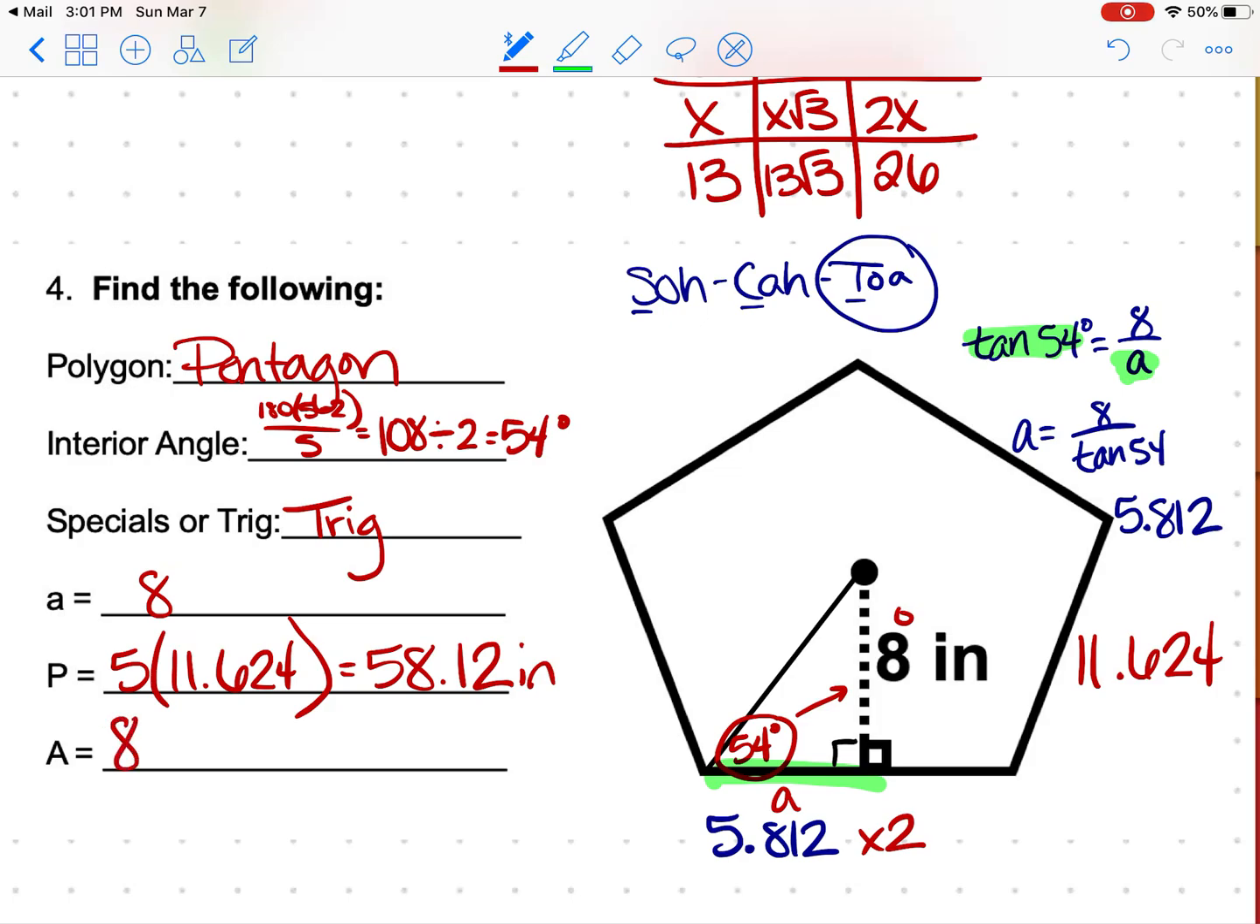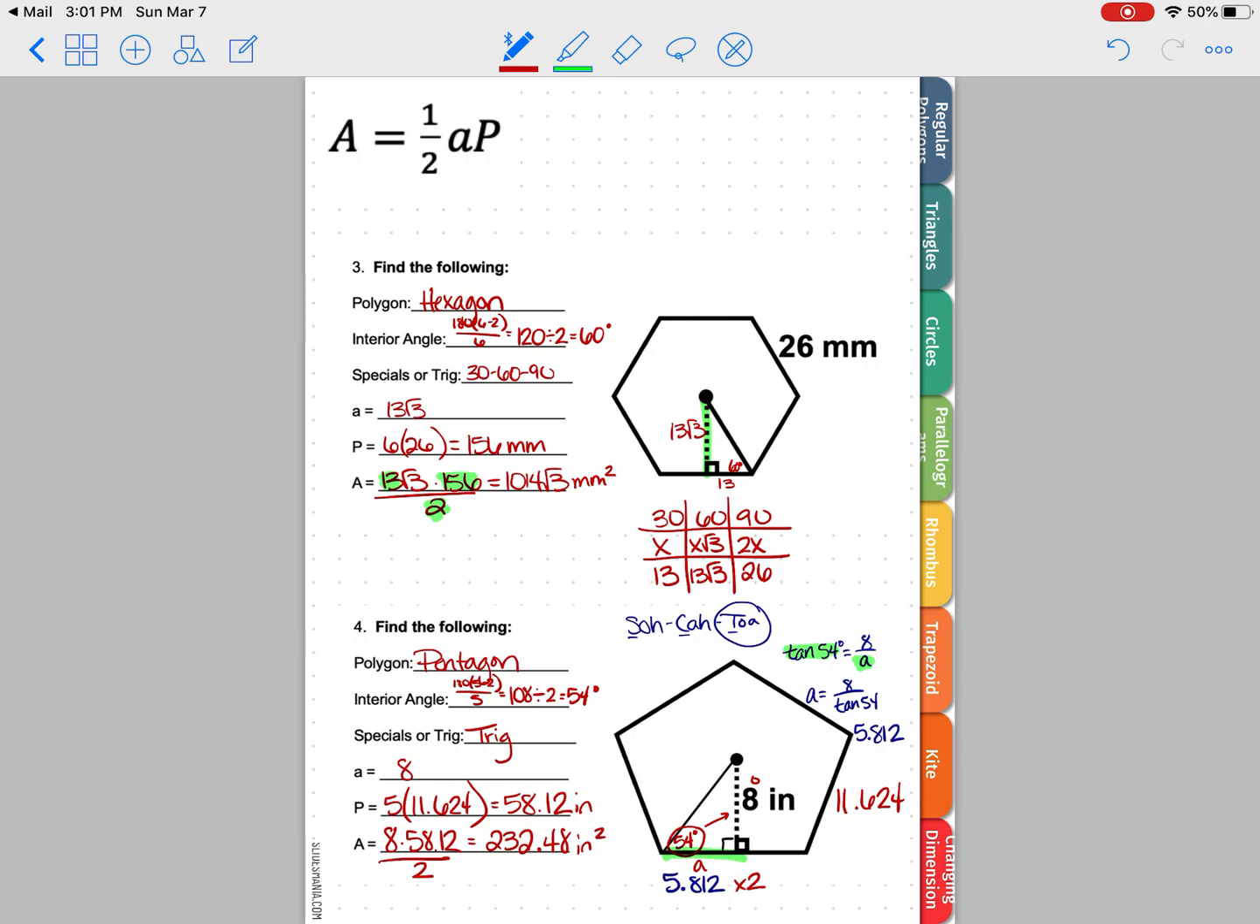Area is apothem times our perimeter divided by 2. You will have decimals here because we are using trig. And so if we plug that in, 8 times 58.12 divided by 2, it gives us 232.48 inches squared. So as you're working through problems, use your notebook, refresh and look back at this because it